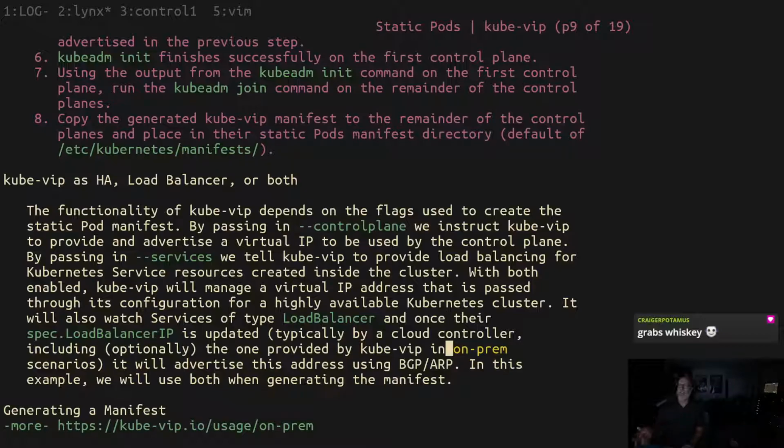Watch me when I get to the MetalLB step, when I'm starting to do load balancing and internal cluster, I'm going to be mad at myself for doing that. And then I'm going to probably want to do the dash services as well. We tell kube-vip to provide load balancing for Kubernetes service resources created inside the cluster. With both enabled, kube-vip will manage a virtual IP address that is passed through its configuration for a highly available